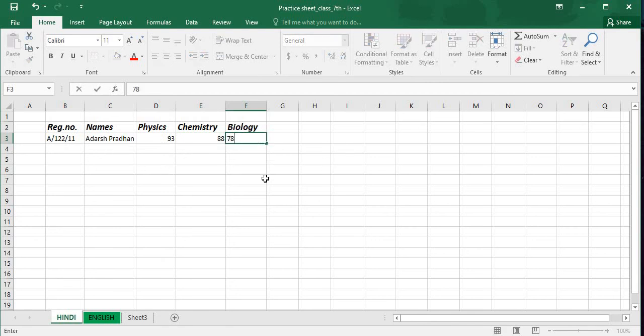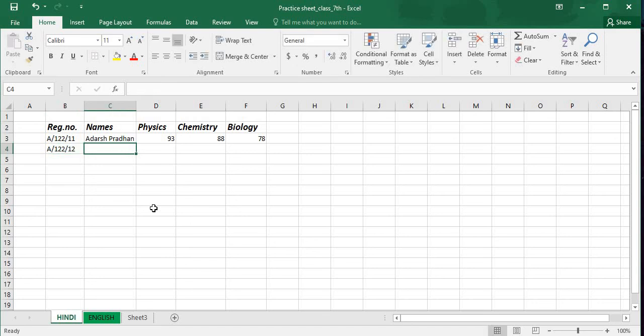Now if you want to place the cursor below registration number, then click on this cell and the cursor will be placed. Again write down the next registration number, that is capital A, backslash 122 backslash 12.